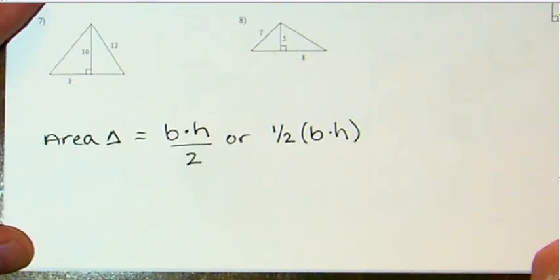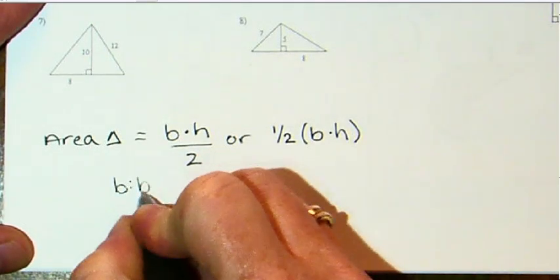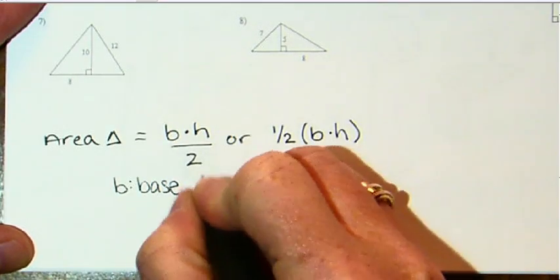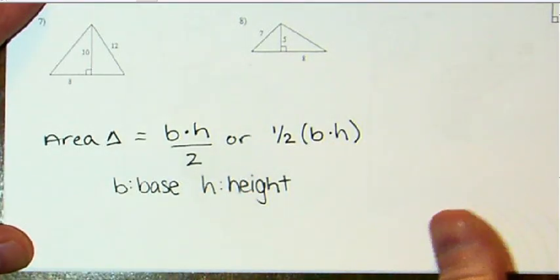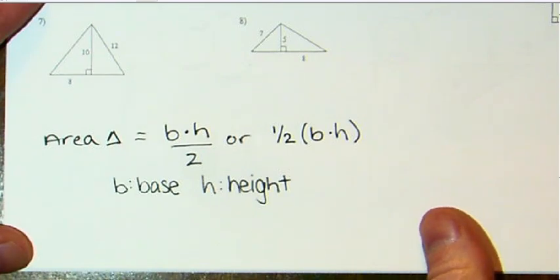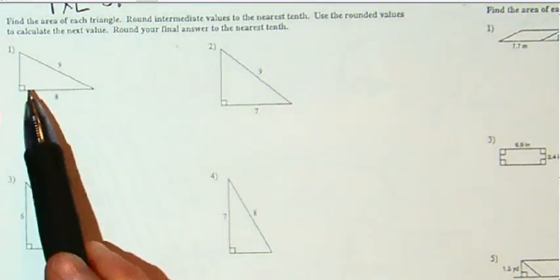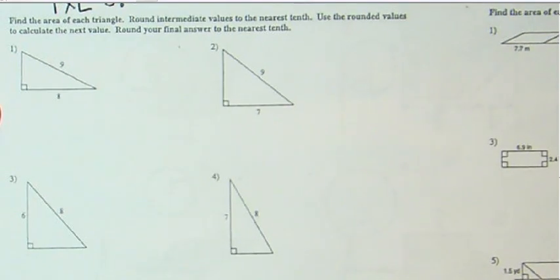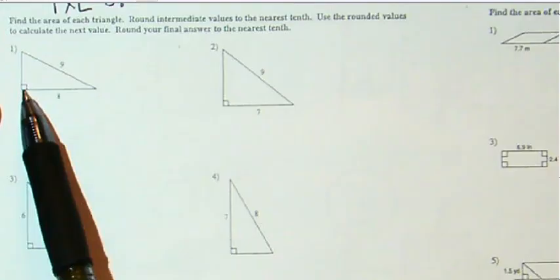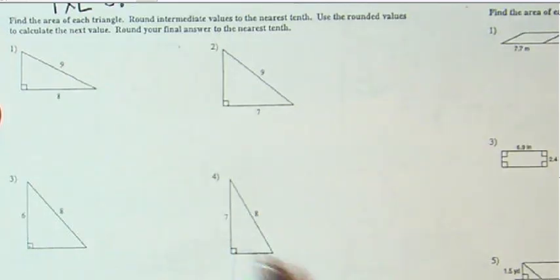So we're going to do a couple of these, but it's really important to understand that B is the base of the triangle and H is the height of the triangle. Okay? All right. Once you've got your formula down, let's go back up to number 1 and let's just identify a couple of things. So notice that our first 4 triangles are all right triangles, and we talked about this in our previous lesson, that a right triangle has a 90-degree angle, and that's what classifies it as a right